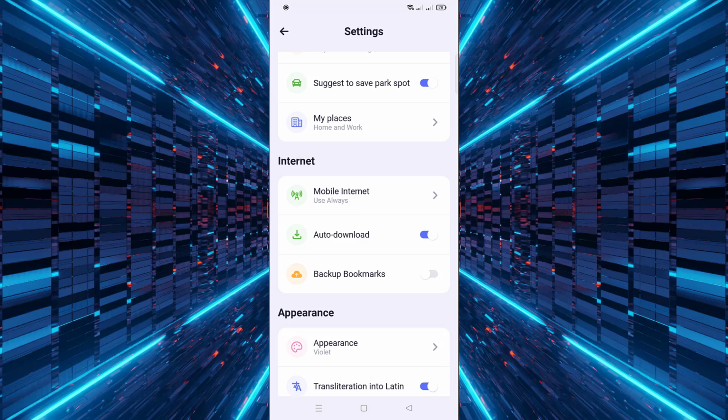Finally, once the feature is enabled, Maps.me will automatically download the maps you need, keeping them updated for offline use